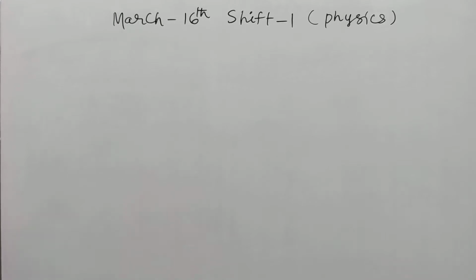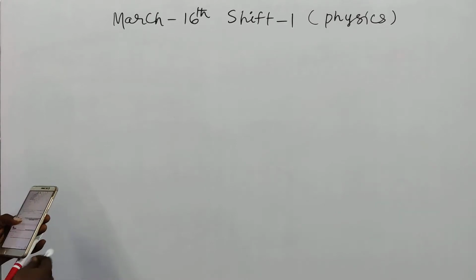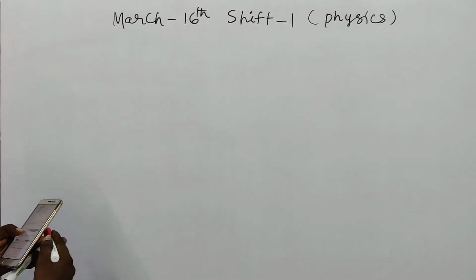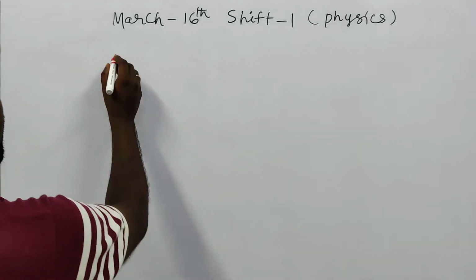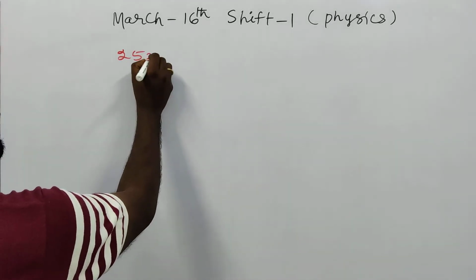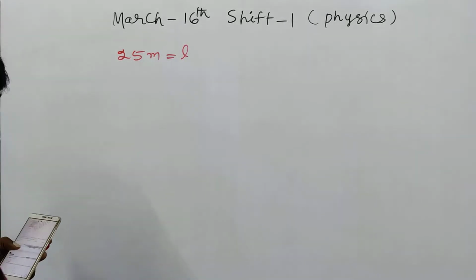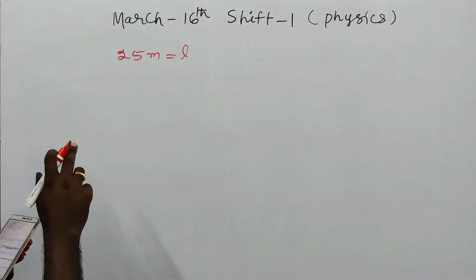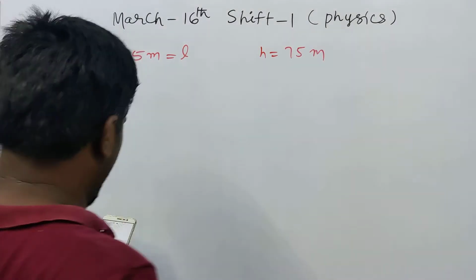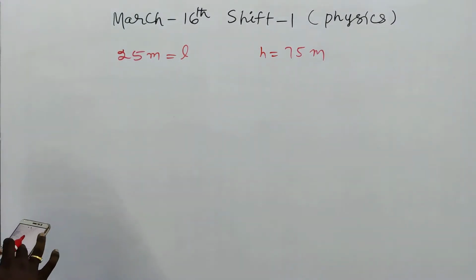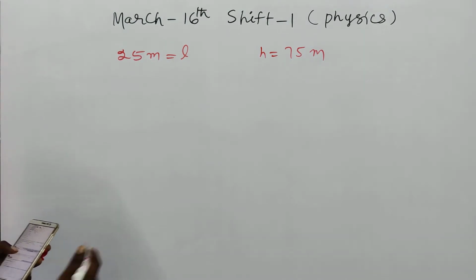Here is the next question from communication systems. An antenna of 25 meter length is mounted on top of a building of height 75 meter. Then the maximum wavelength of the transmission signal is closer to